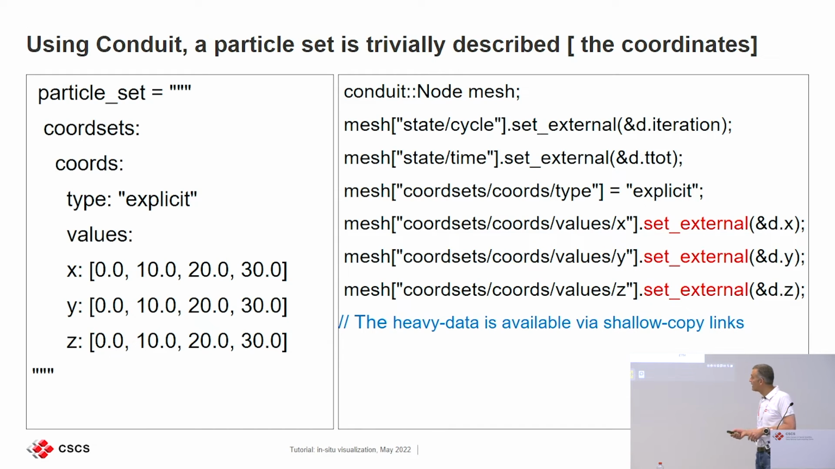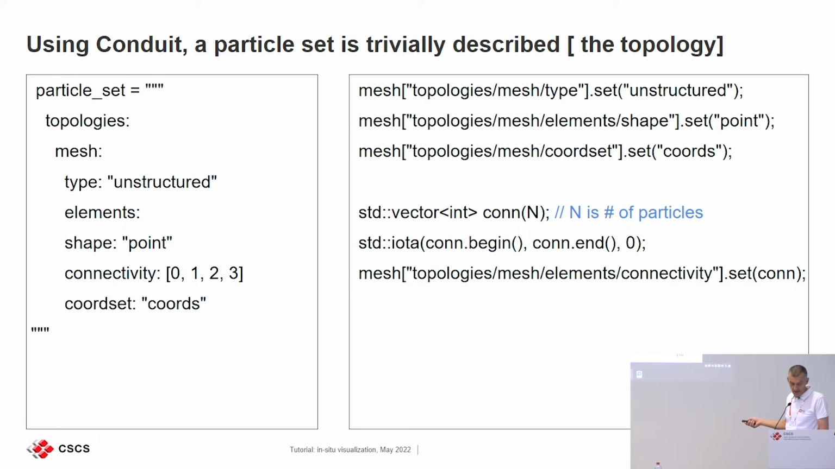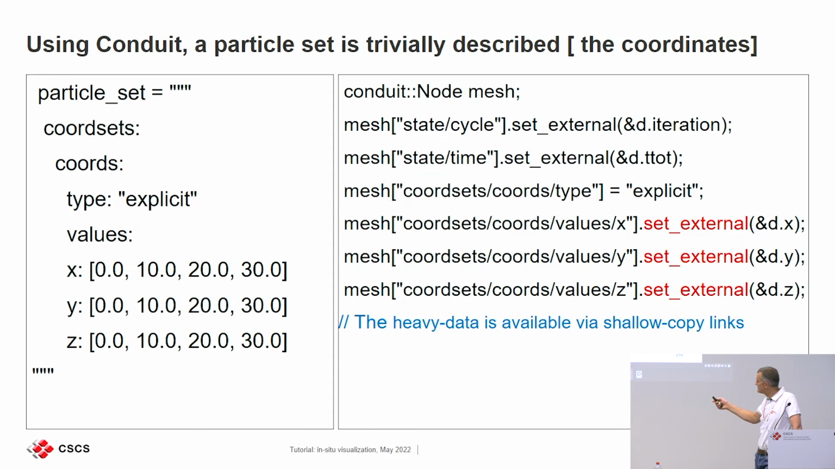Okay, in summary, my particle set is defined like this, as a coordinate set with explicit type, with x, y, z values for the coordinates, and it's shared via shallow copy pointers. The topology is of type unstructured. In this case, we only have particles, so the shape is point, but we've seen earlier examples where we had hexahedra, tetrahedra, and so forth. We have a connectivity list,